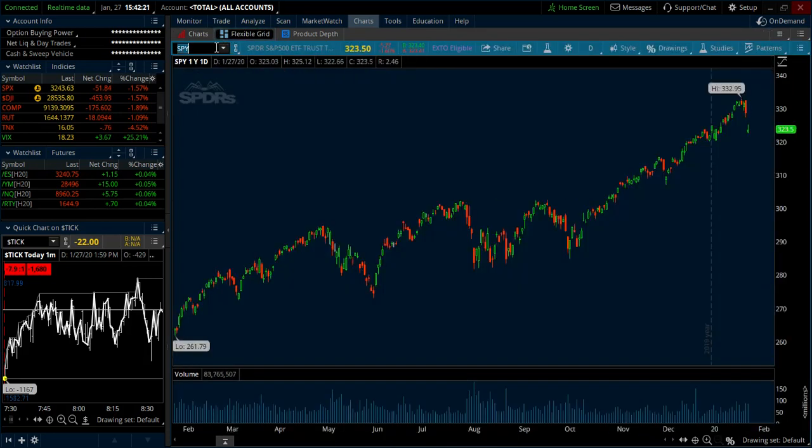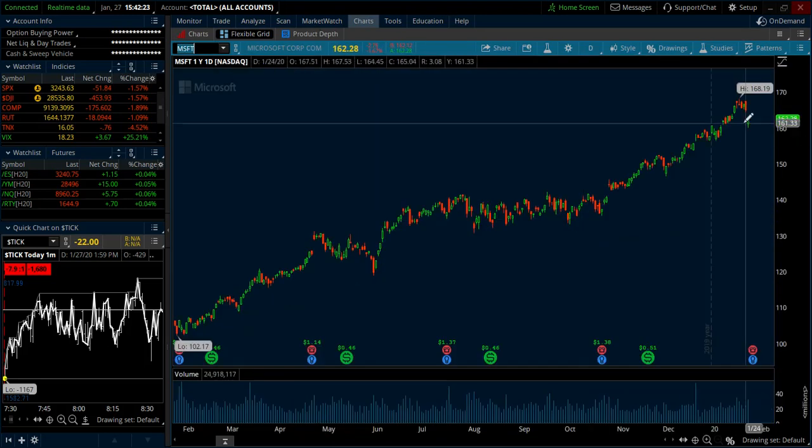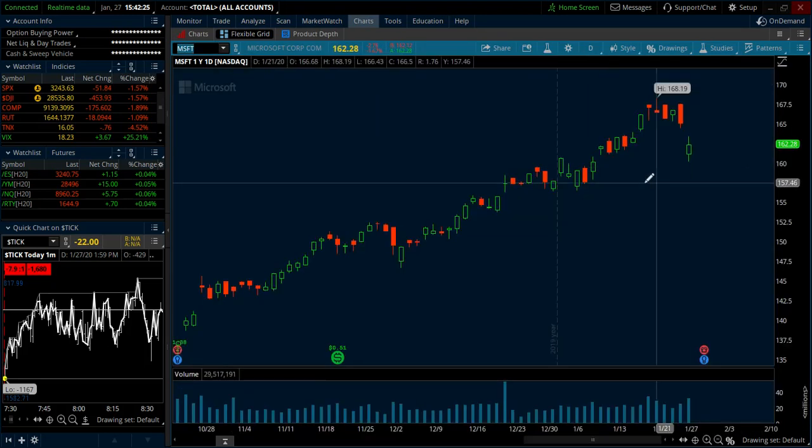So let's go to the Microsoft trade, and keep in mind, the original entry was back here at 59s, or just above, about 59.21, which we're still above. Profits have been taken along the way up here at highs, so by this point you should already be down to maybe the last quarter or third of the position. And when you get a gap down like this, what I like to do